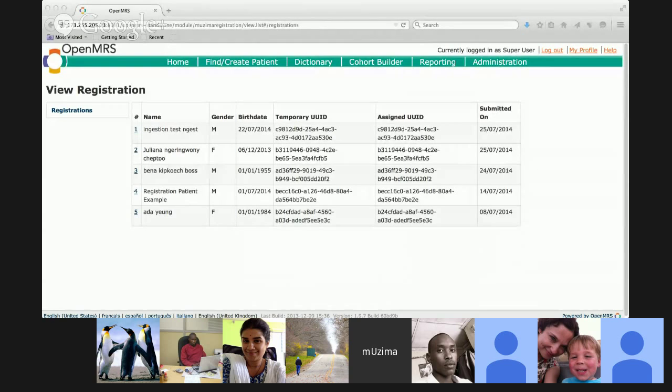So when you register a patient, I think we should update the registration handler to remove the UUID from the temporary patient, and then allow OpenMRS to generate the UUID. Yeah, I think that's what it is.